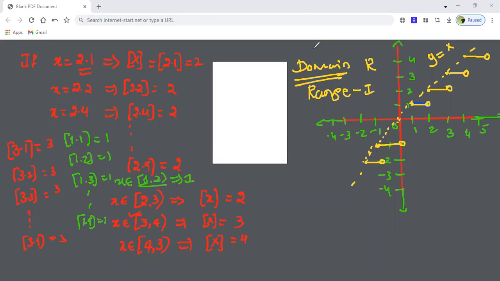Now let's move on to the properties of the greatest integer function. We will discuss some related properties which are equally important. Some of the properties are simple. The greatest integer function of an integer will be the same integer. For example, the greatest integer of 3 is equal to 3. Again you take the greatest integer of it, again it is equal to 3. So it is the same thing.